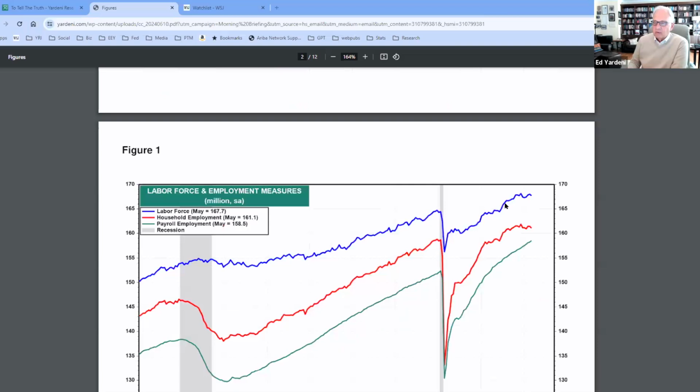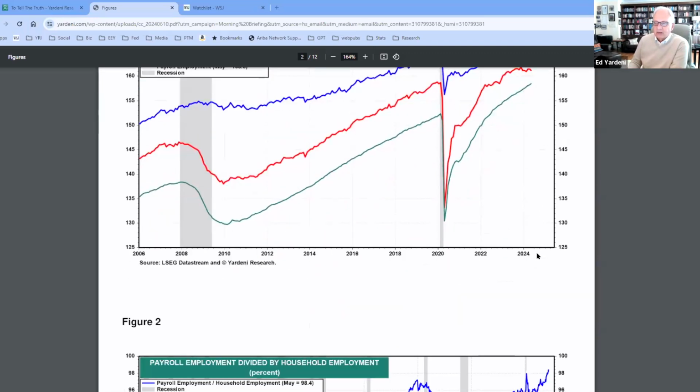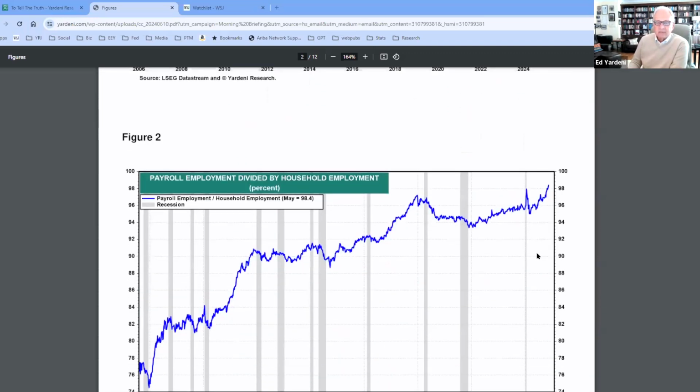This other number up here was the labor force. Labor force is still expanding. It also tends to be somewhat volatile on a month-to-month basis, but we're clearly seeing that as people have seen more job opportunities, they've entered the labor markets, and to a large extent, they've been employed because the unemployment rate has been at 4% or less now for 30 months. So that's a pretty impressive stretch. We'll see that in a minute.